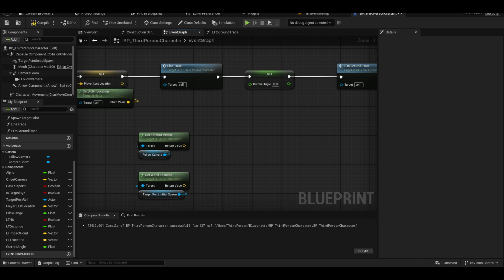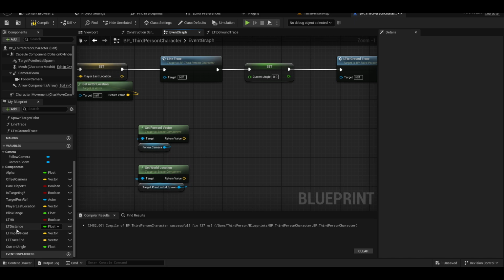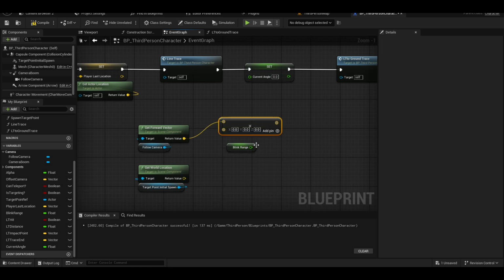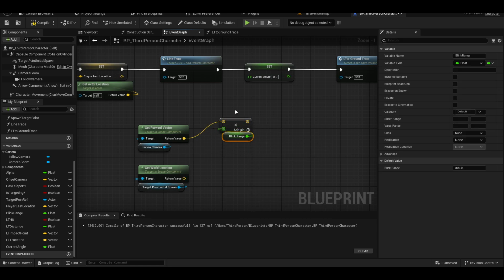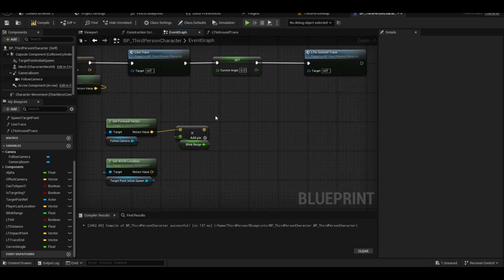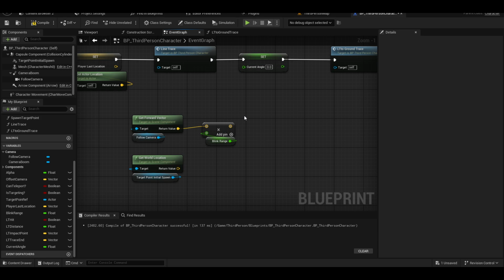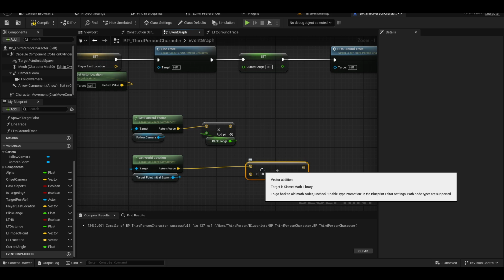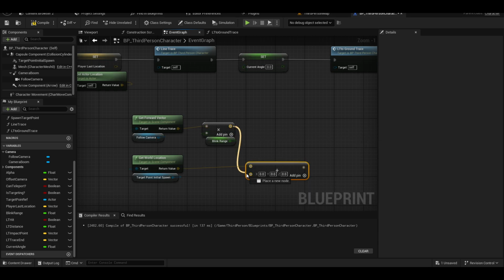And then we need our teleport blink, right? Multiply this one again, multiply that one, then we need to plus this one, plus it to our